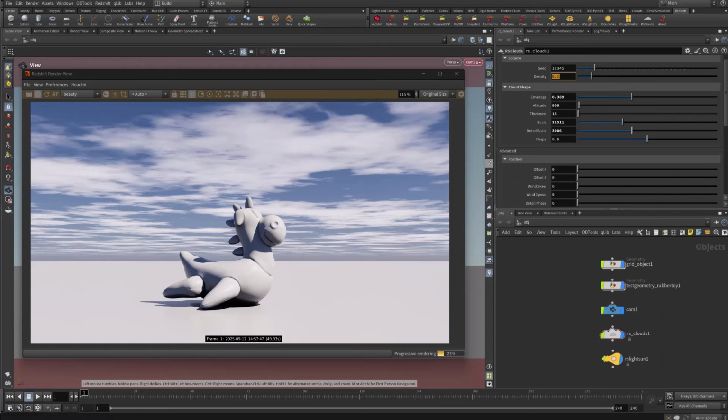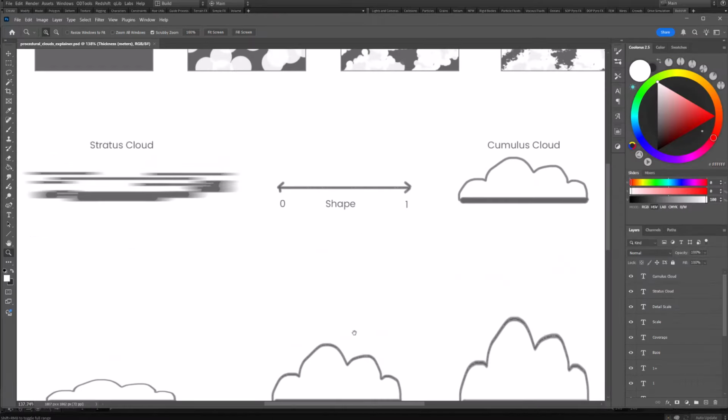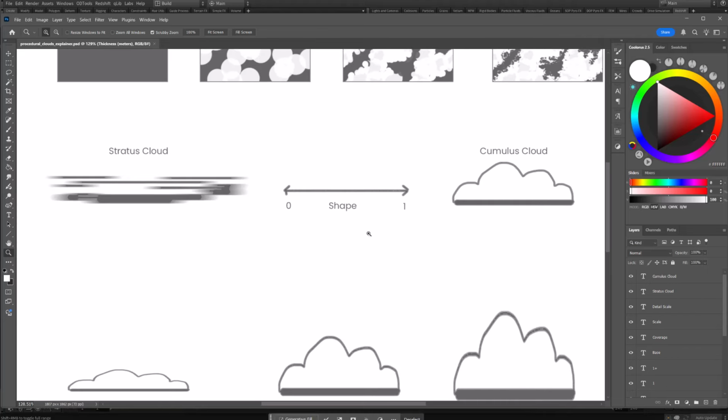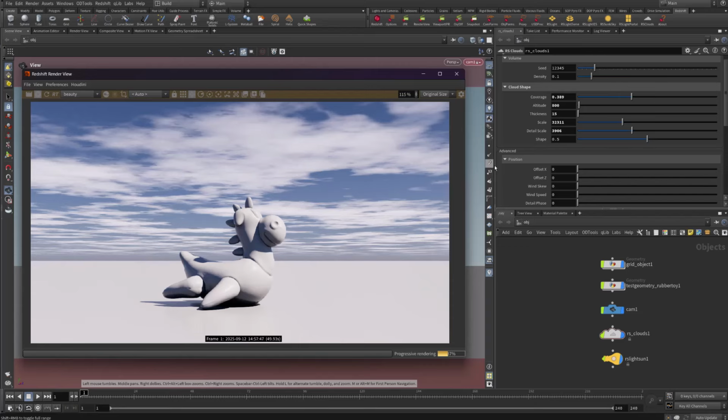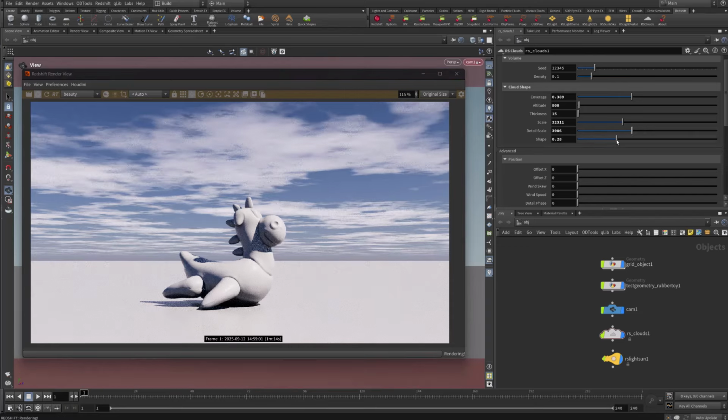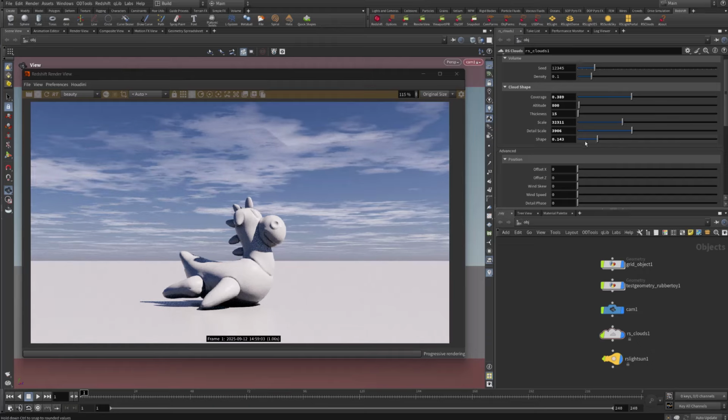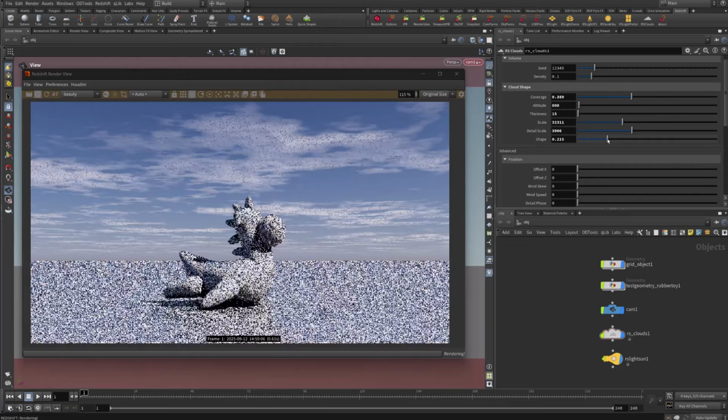And so, again, if we refer here to our little graphic, a value of 1 means to make it very bulbous and cumulus shaped, while a value lower towards 0 means make it more of like a stratus soft, almost like a fog shape. So as we reduce our scale here, you'll see how the edge is starting to get soft,